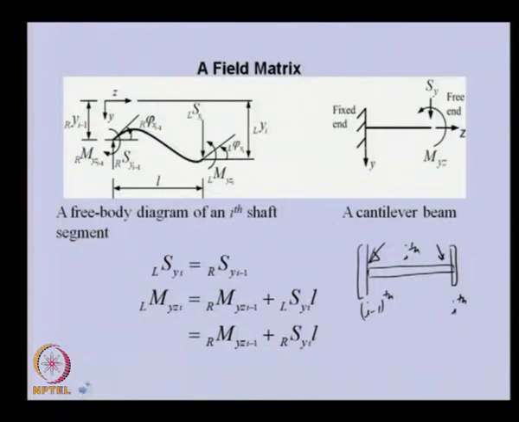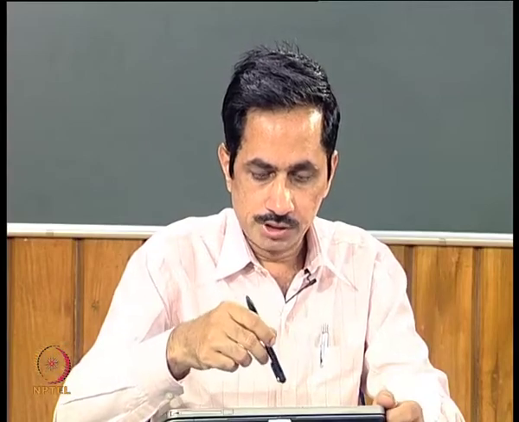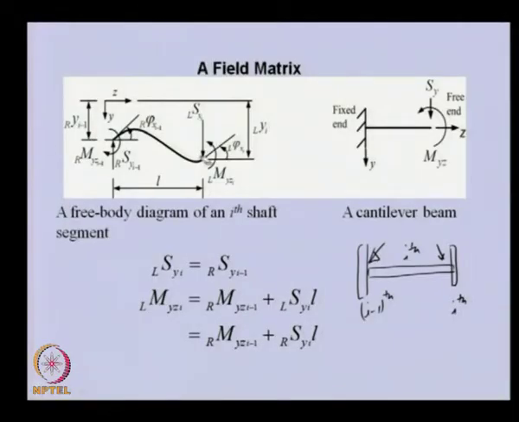Now we want to relate the displacements. The linear displacement of this end of the shaft, I am talking about the absolute displacement of this, will be the relative displacement of this end with respect to the left end plus the displacement of the left end itself. So, you can see there are two components of this displacement: the displacement of this with respect to the left end, and the displacement of this end itself.